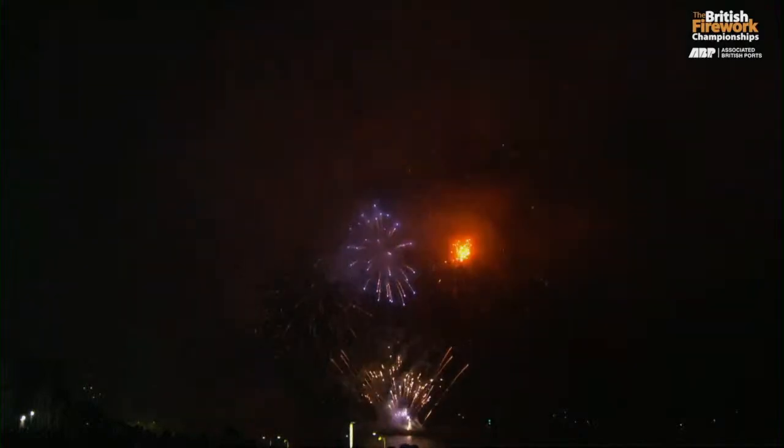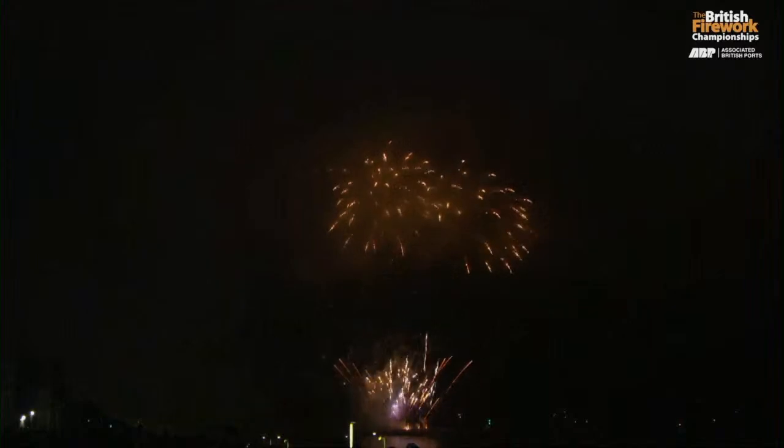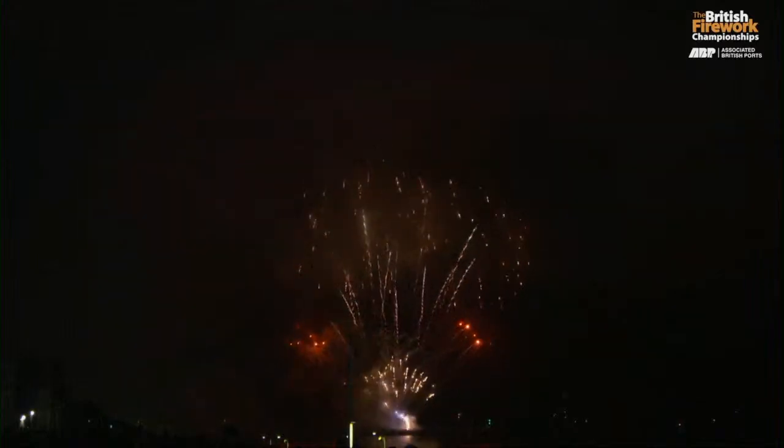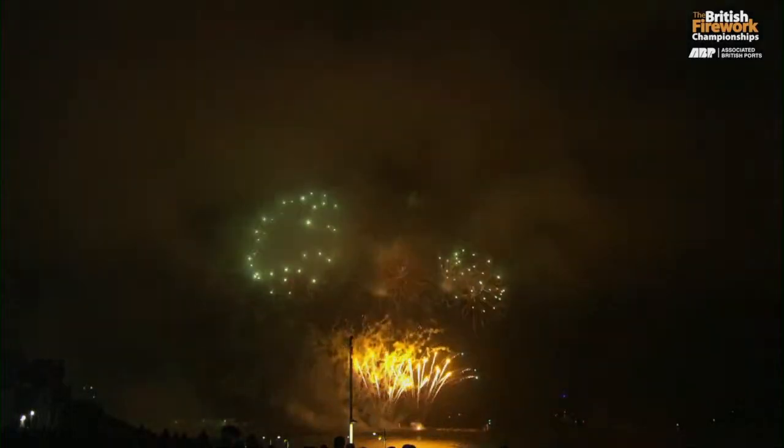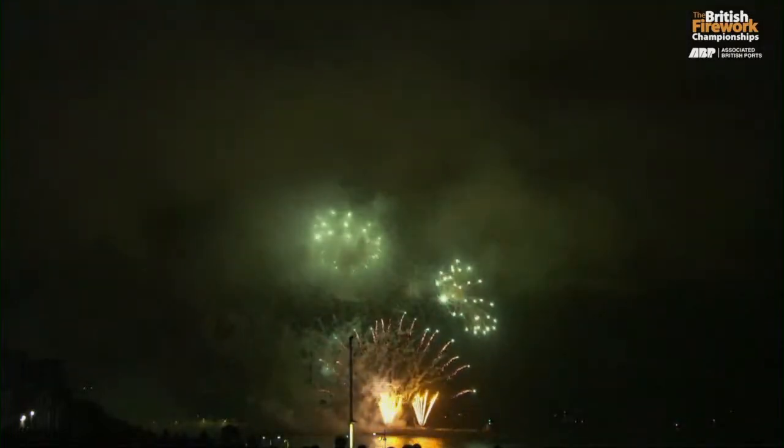And look, big brocade effects as well. We also had a little strobe sequence along the bottom where the fireworks were actually attached to the railing. This is like out on the red, the red strobing. Yeah, and that was demonstrating their rhythm firing in the show. And rhythm is one of the components that the technical judges are going to be looking for, right? Yeah, absolutely. Rhythm and timing is really important,